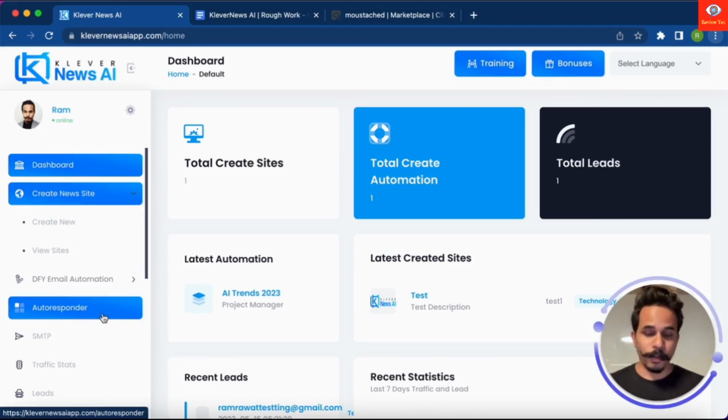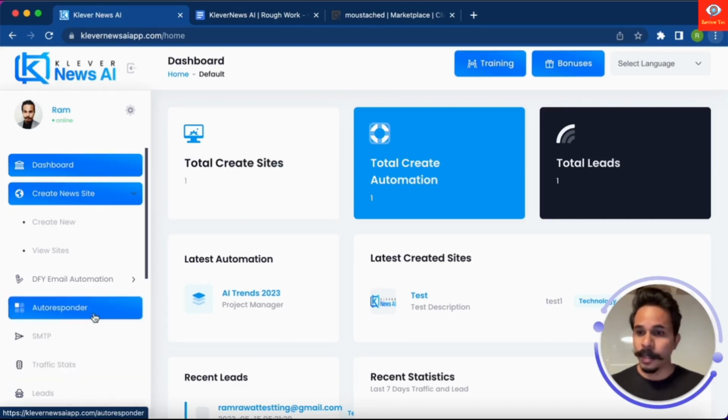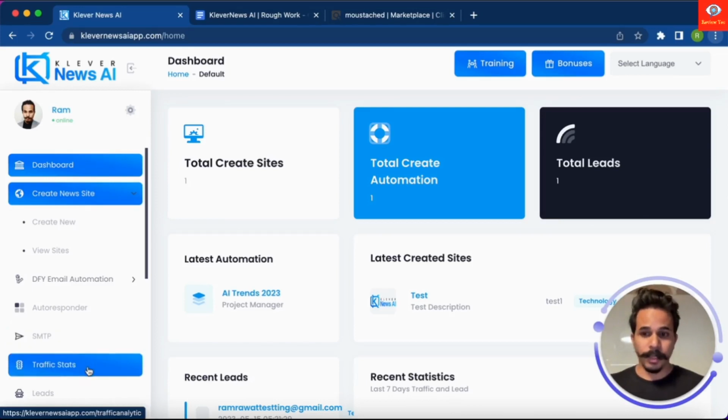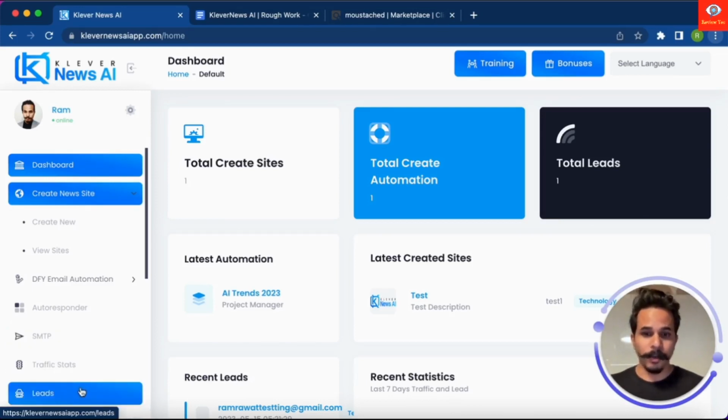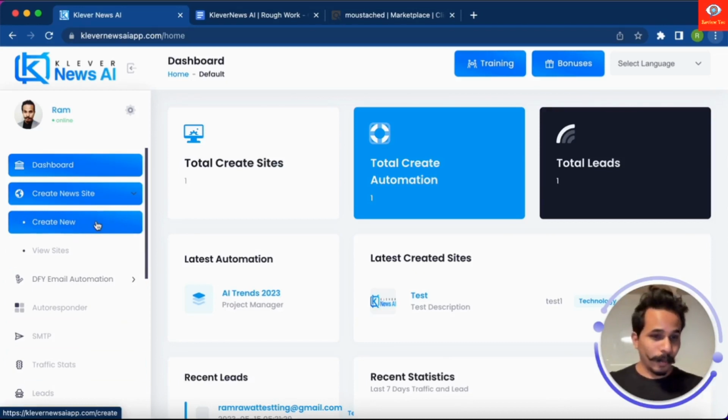This lets you sync your existing autoresponder with the website so you can have complete synchronization of your leads through the system. Then you have the SMTP option to set up your SMTP options to send emails to these subscribers, and you can check out the traffic stats and all the leads that you have generated so far. So this is a simple system but very powerful. Let me directly show you how this whole thing works.